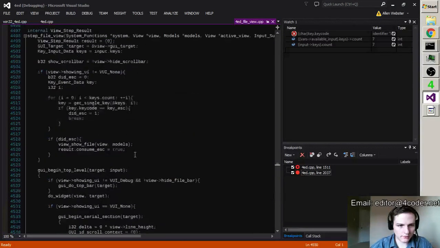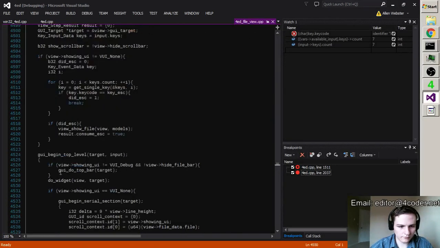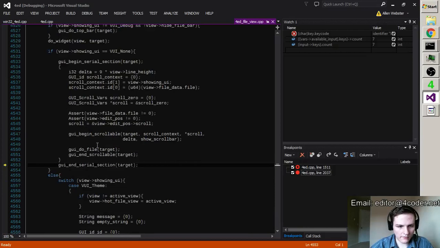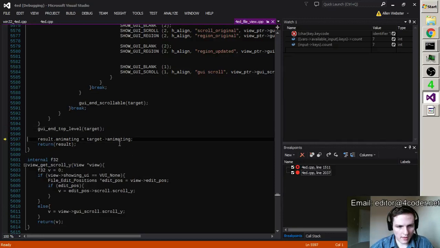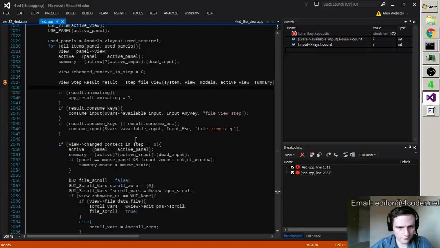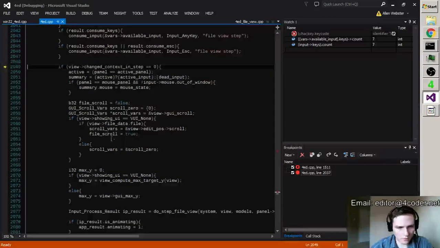That's fine. Do file. So right there I just laid out all of the GUI related things for that view. Where do I execute any commands? So none of that consumed keys. Context change in step? No. So